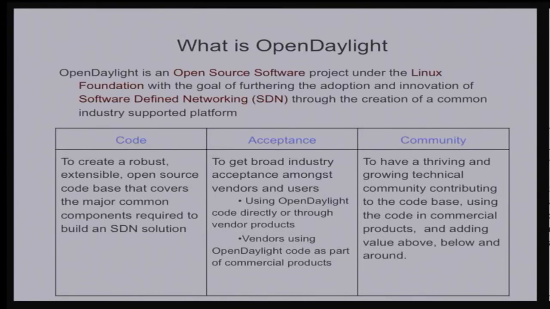An example of something like this would be Open vSwitch. People build that into their products. They can pick it up as open source and other things like that. So we want vendors to use it too. And one of the things I learned over the year or so that I've been involved with this is that the community aspect of it is most important. You can slap some kind of open source license on your code and put it up on GitHub, but that's not going to make it open source, nominally. The real power of it is in the community.